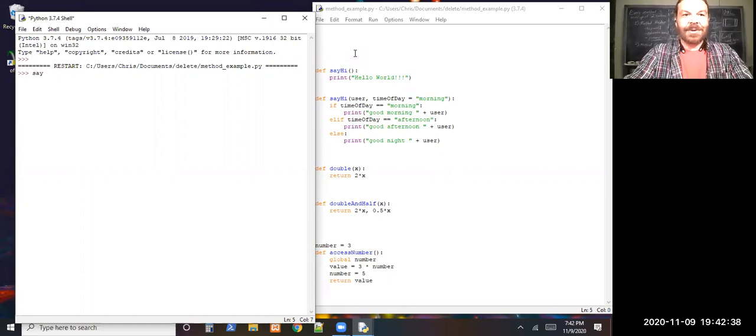And now I'm going to call that method. We can see it has a parameter user that we have to fill, and not with a variable that doesn't exist. So I'm going to pass in my name. And this one has a default value, so we can just go with that default value and get the morning. But if we want another use of it,